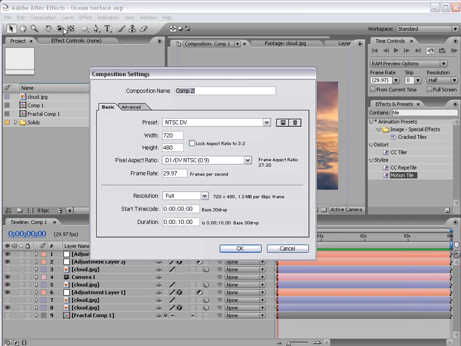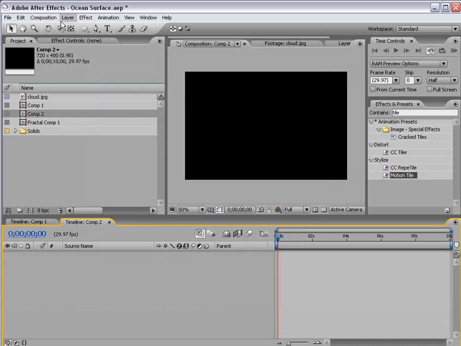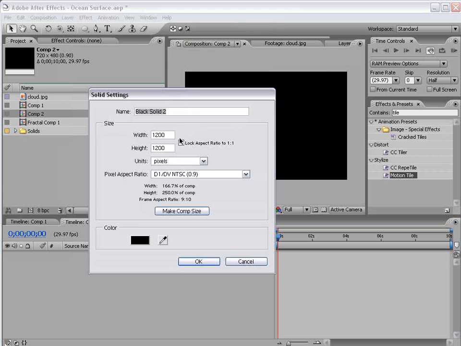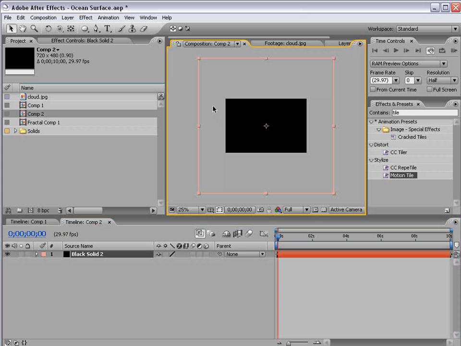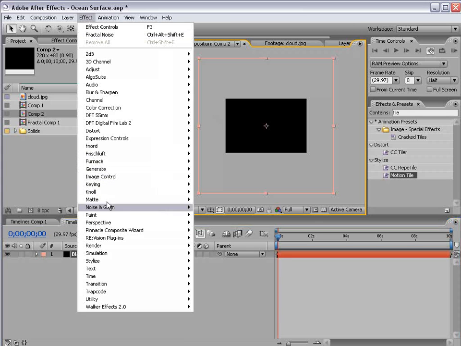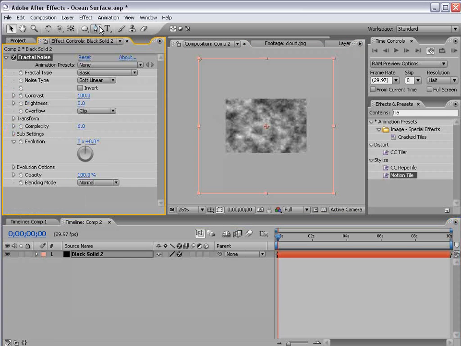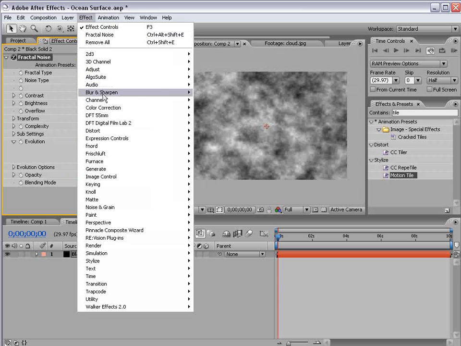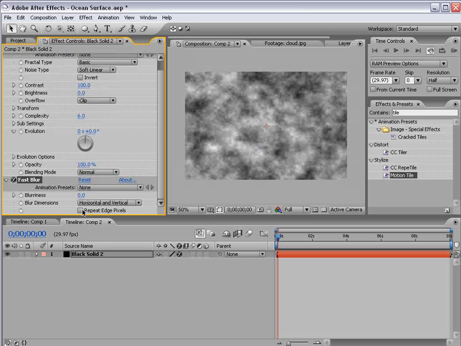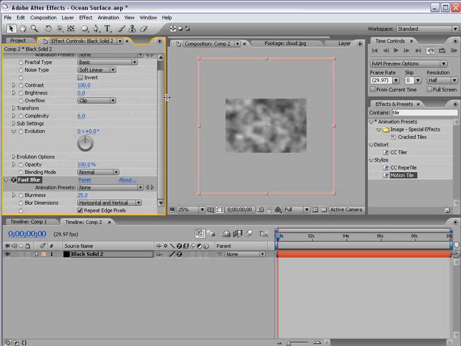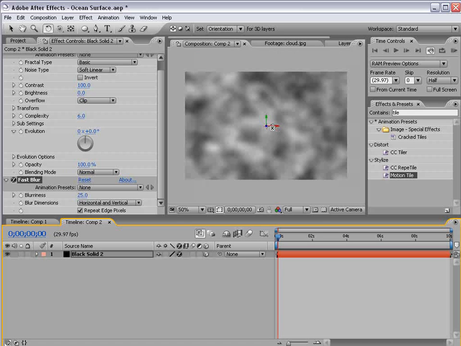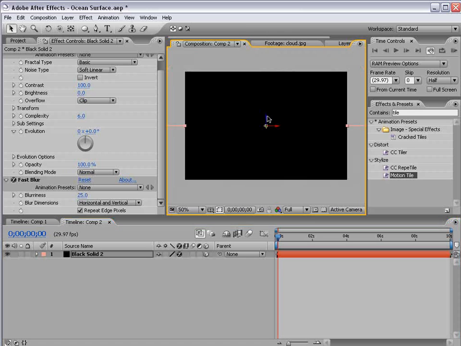I'm going to create a new composition, and I'll use the DV preset and choose OK. I'm going to create a new solid, and we're going to make it 1200 by 1200 and choose OK. I'm going to choose Effect, Noise, Fractal Noise, and Effect, Blur, Fast Blur, Repeat Edge Pixels, Blurriness 25. Then I'm going to turn it into a 3D layer and rotate it till it's flat and then move it down